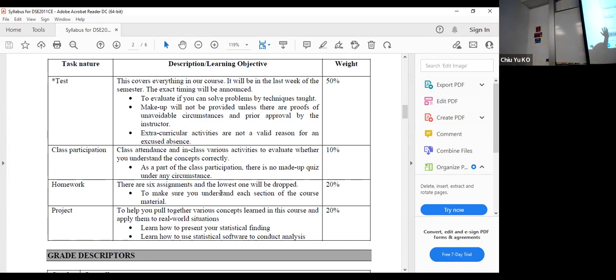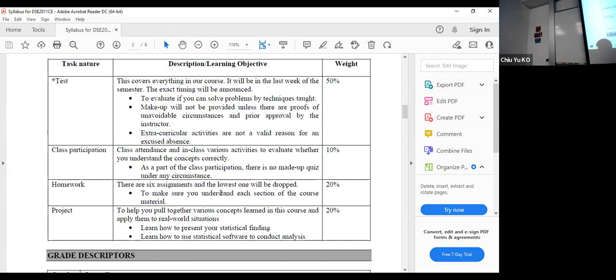Of course, you need the basics to know the test, but we are in B school, so application is more important. And the reason why the project is not worth a lot is that there's a lot of subjective element around it. So I don't want to make it too high, but you should know that what you learn from this class is mainly the project, although the weight of assessment is a little bit different.